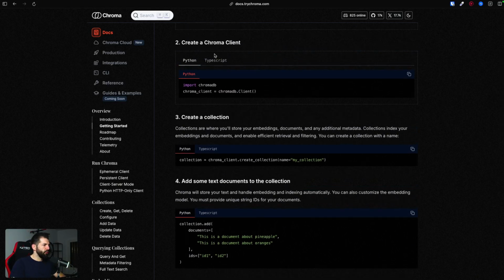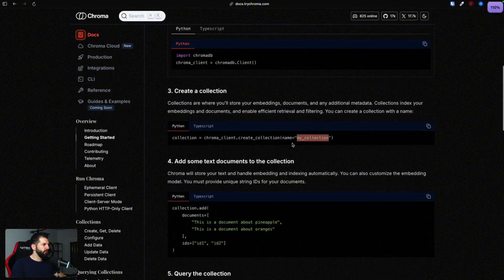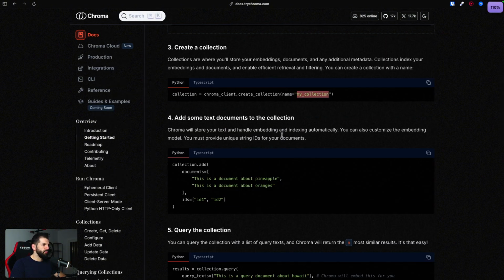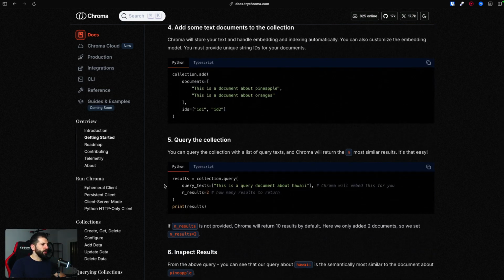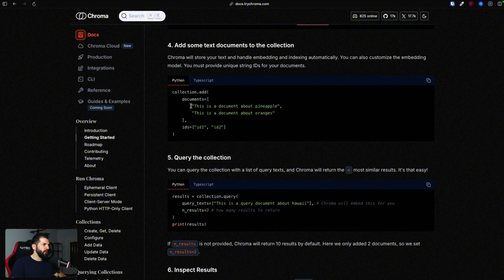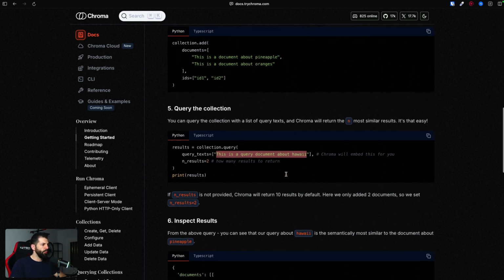So first of all, after creating the Chroma client, we need to create a collection, and inside of the collection, we will store the different video transcripts, right? So you can see with Chroma client and the create collection method, we'll create a collection, in this case with the name my collection, and then we can add some text documents to the collection with the add method. And what we can then do is that we can query the collection. So inside of the current collection, we have two documents. This is a document about pineapple, and this is a document about oranges. And if we then query the collection with this is a query document about Hawaii, we will get the following